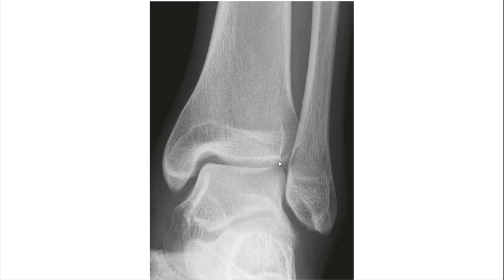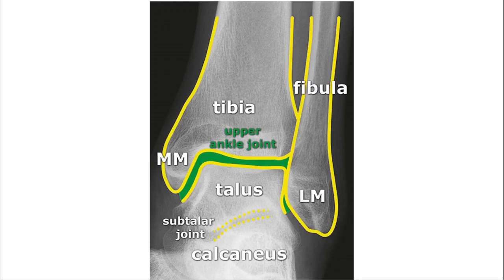What movements happen at the ankle joint? They are dorsiflexion and plantar flexion, whereas at the subtalar joint, what movements are happening? They are inversion and eversion. We will come to that later on, right? So this is the labeled view. This is the fibula and the lateral malleolus, tibia and the medial malleolus. The upper ankle joint, or the ankle joint proper, or the talocrural joint, is that one.